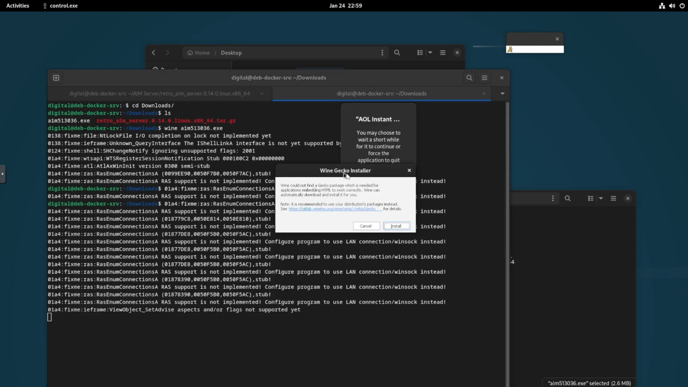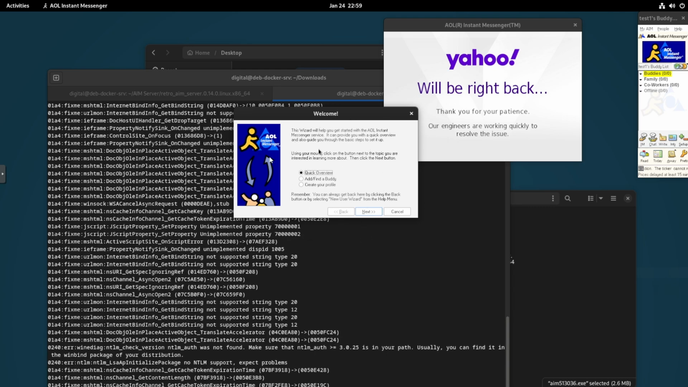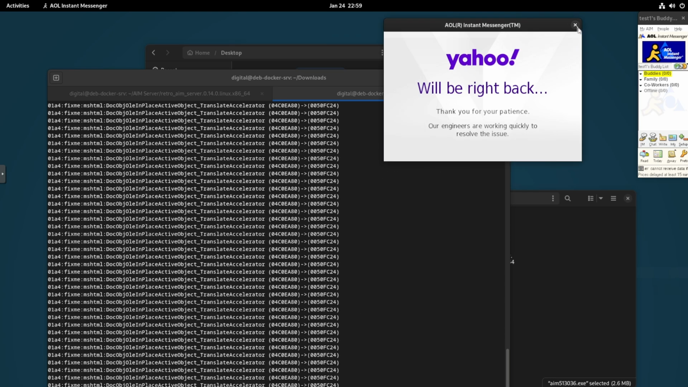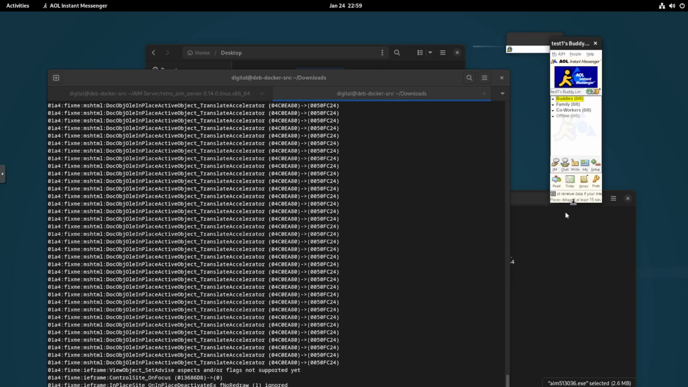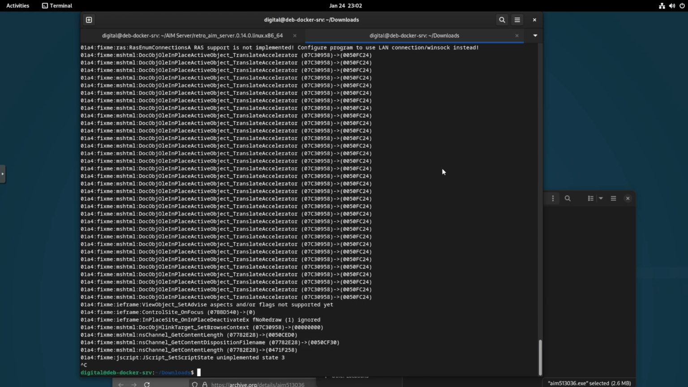And then at this point, Wine wants Gecko installer. So let's click on install. And then we don't need to go through this little welcome wizard here, but you can feel free to if you really wanted to. We'll click on cancel, and then we can get out of the AOL Instant Messenger little Yahoo will be right back thing. And then at this point, we should be good to go. We're using AIM, and then we can do a Control-C to get us out of Wine,